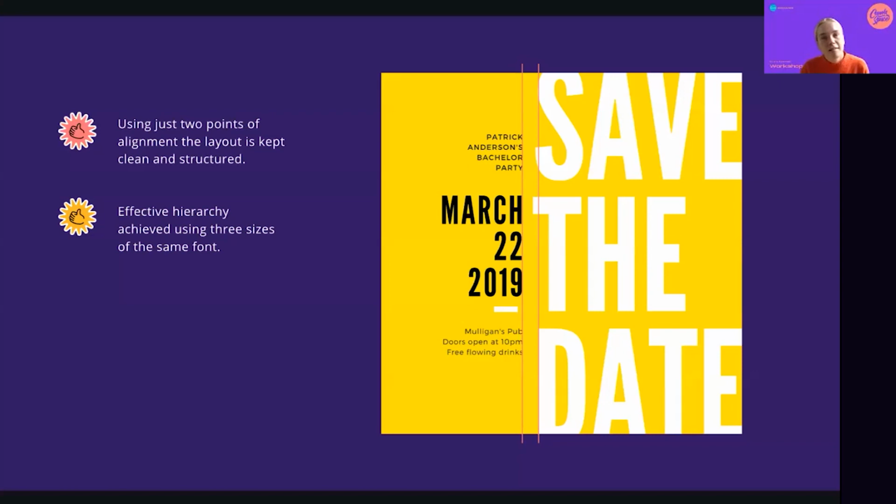In this design, the designer has used 2 points to anchor the alignment and their text to keep it clean and structured. They've used right aligned text on this side and then left aligned text for the big heading. The second design principle they have executed really well here is the use of hierarchy. This has been achieved by using 3 sizes of the same font. This is guiding my eye to read things in a particular order, like save the date and then the actual